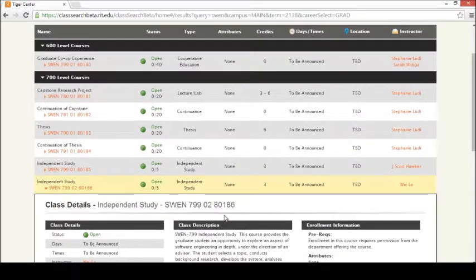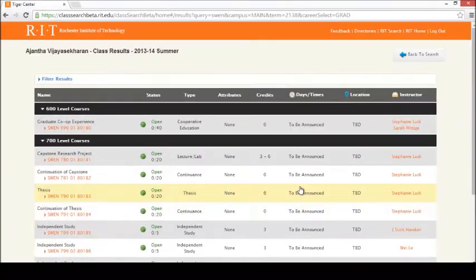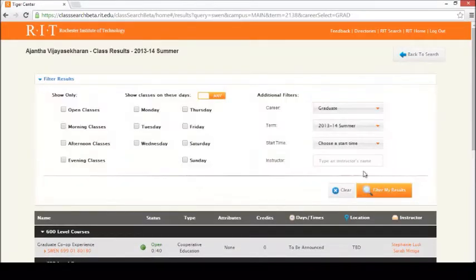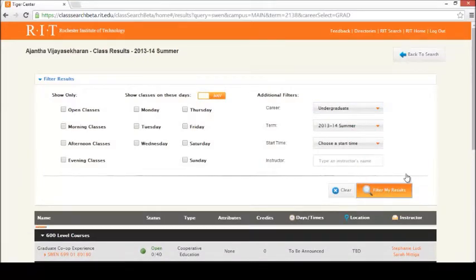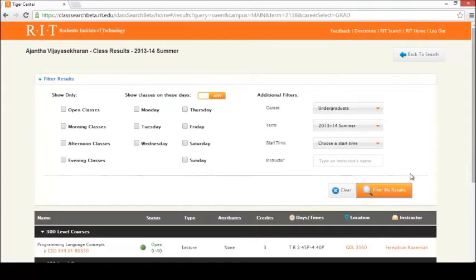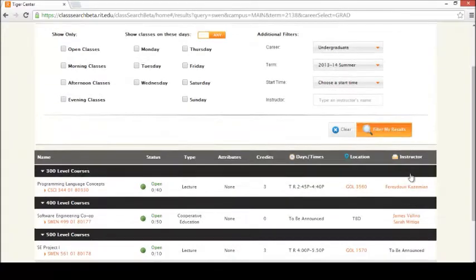I can also click and immediately get to a place where I can email the instructor right away. And then that will open up my email client. If I were to change this so that it would return a few more classes and go back to undergraduate, that's just as simple as it is. You just open up the filter results, change it from graduate to undergraduate,